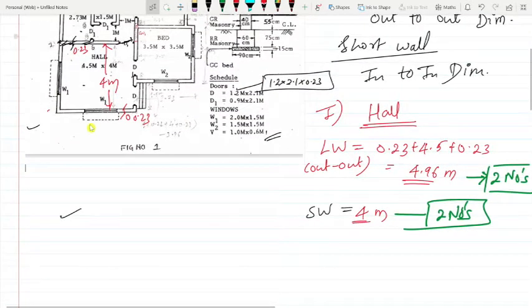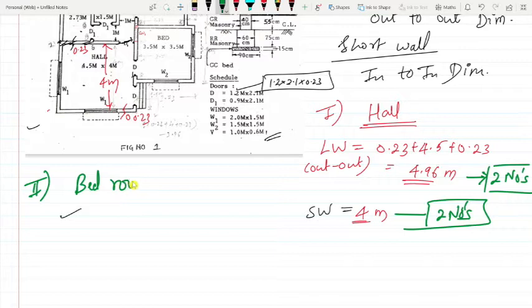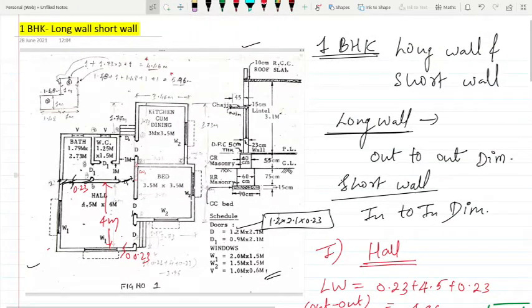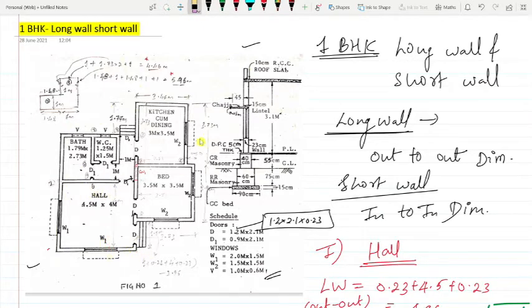And now the second one we have is the bedroom portion. So just come to this bedroom portion here.